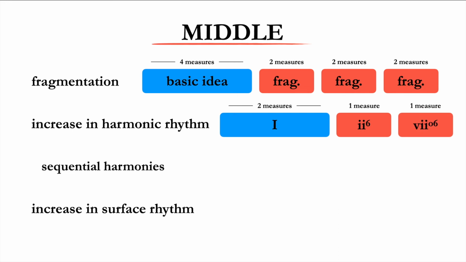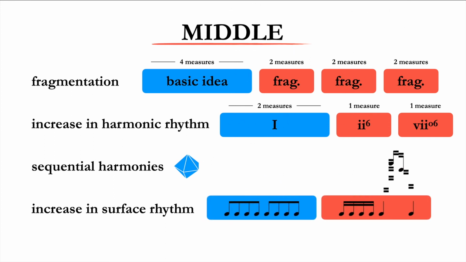The third feature relates to the type of harmonic progression at play. Sequential progressions spin out indefinitely until a composer decides to stop, sort of like getting on a train and being able to get off at any station. For this reason, sequences are well suited to continuations because they're unstable. The fourth feature relates to how fast notes move on the musical surface. If a melody is built primarily with 8th notes, and then moves to a steady stream of 16th notes, we can speak of an increase in surface rhythm.